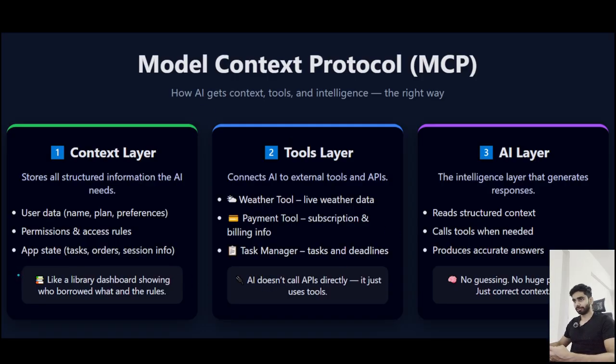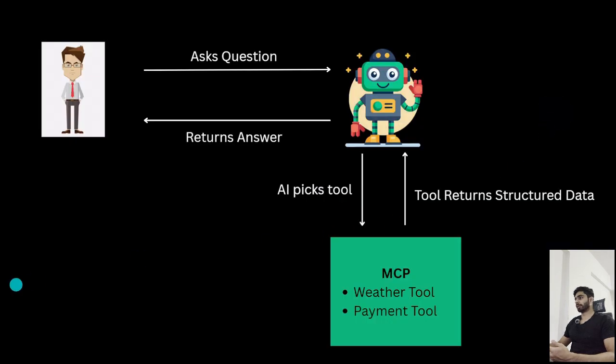Third is the AI layer, where AI sits on top of MCP. So when a question comes in, it does not guess or rely on a huge prompt. Instead, it checks the context, calls the appropriate tool whenever real-time data is needed, and generates the answer using accurate, up-to-date information. So, the flow in action, with a real-world example: imagine a user asks, what is the weather in